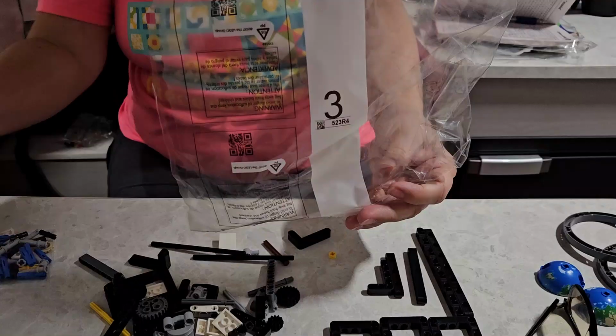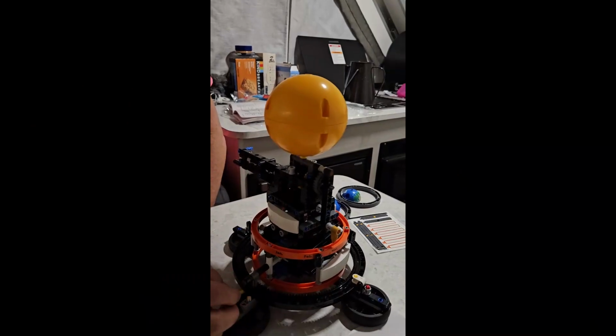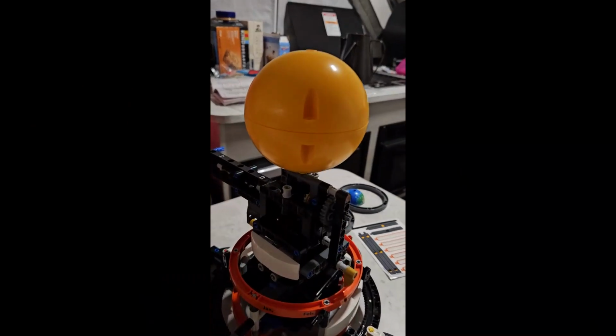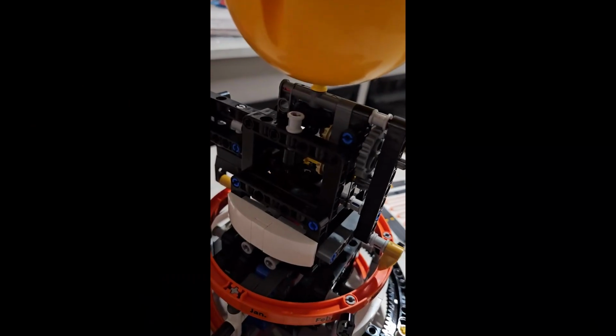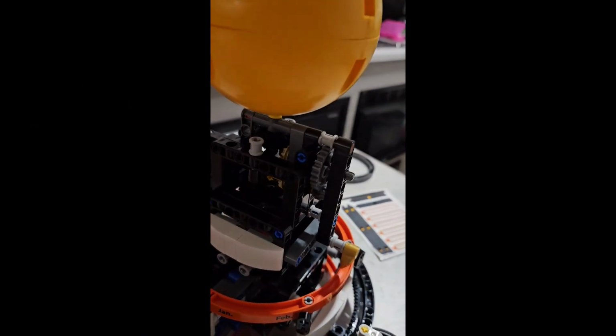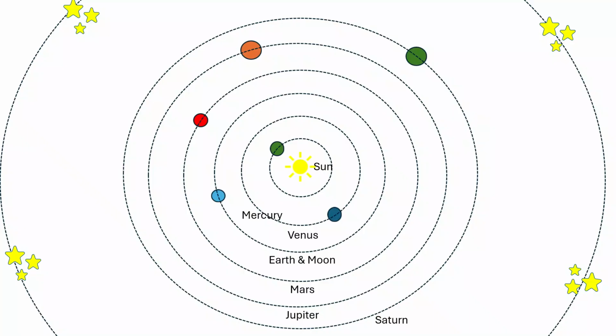But first, let's take a look at what happened to our model when we added bag 3. Bag 3 adds a rotating arm to the structure, which is going to give us the orbital motion. We also get a large yellow sphere in the middle, which, as Brian Reagan reminds us, the big yellow one is the sun. Thanks, Brian.